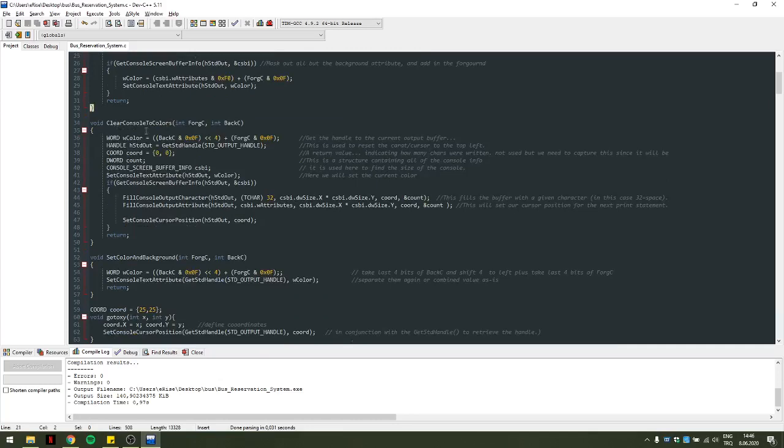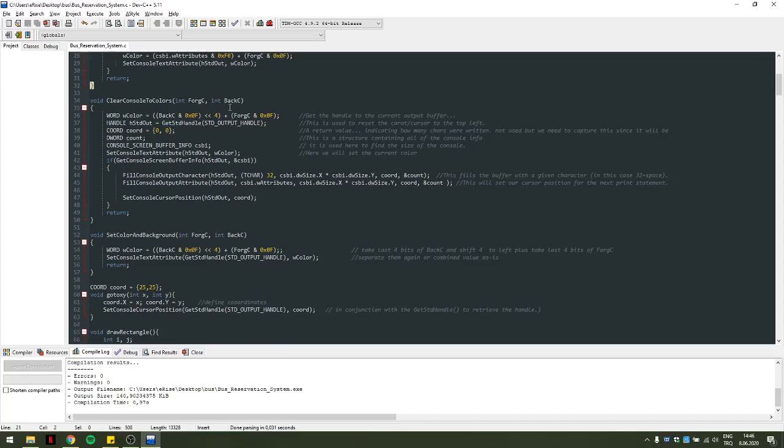and then clear console colors, defining foreC and integer backC. We color equals to backC and 0x0f lesser than 4. It means get the handle of the current output buffer. Take the last 4 bits and shift 4 to the left to foreC,